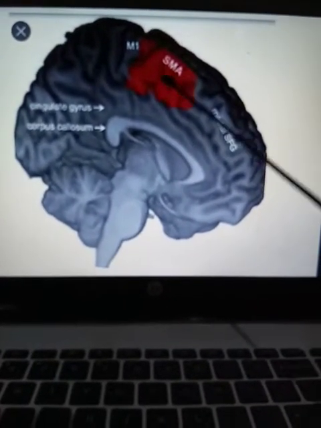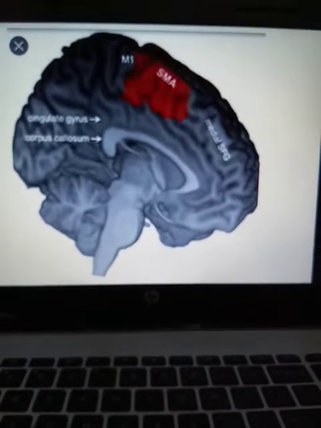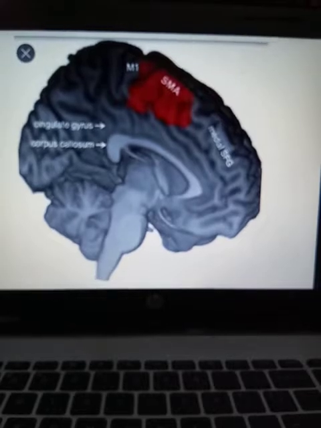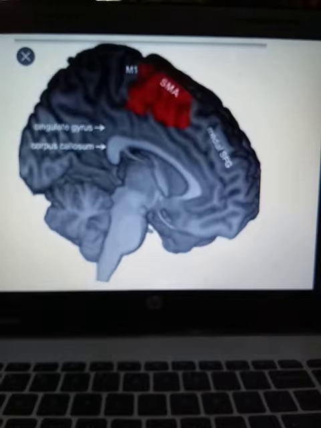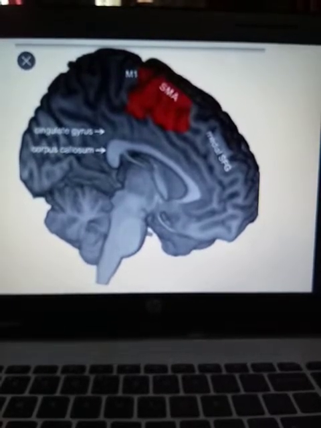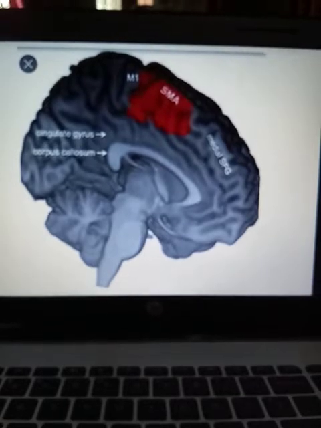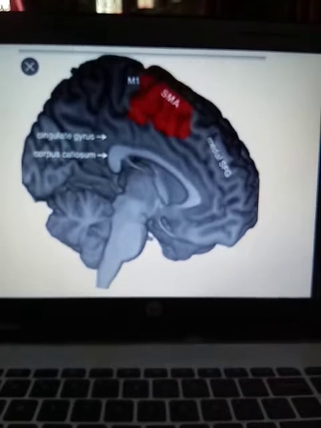This supplementary motor area also aids the motor area. Your motor area has connections with the sensory area even via the thalamus and the cerebellum. The ventral lateral nucleus of the thalamus sends fibers to the motor area, and that thalamus gets fibers from the cerebellum, so the two are connected.